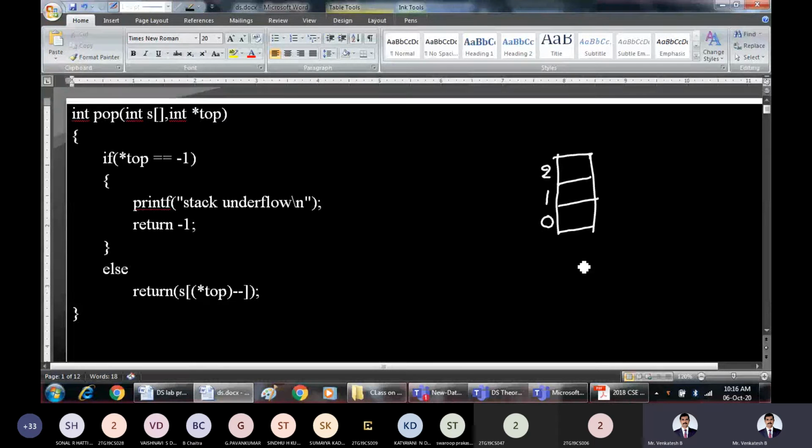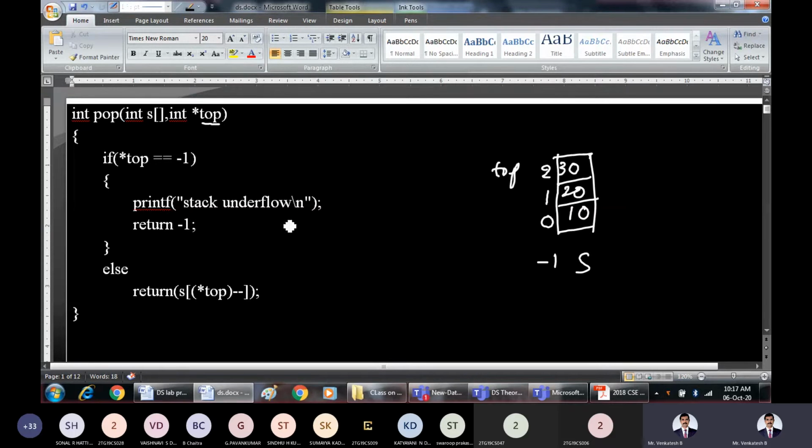Yes, these are the contents of this stack, with top at -1. So where is top here? Even though you pass it there, here you can take any name. So in this case, top is this one. These are just variable names. You can use top, stack top, your name, whatever name, any suitable name. 30, 20, and 10. Right?